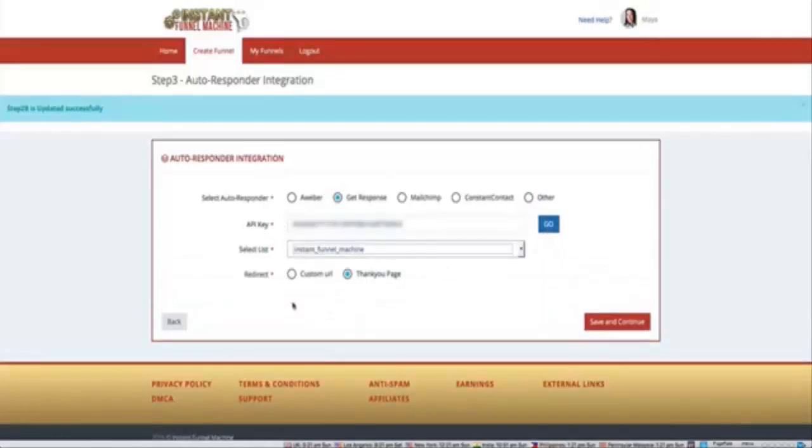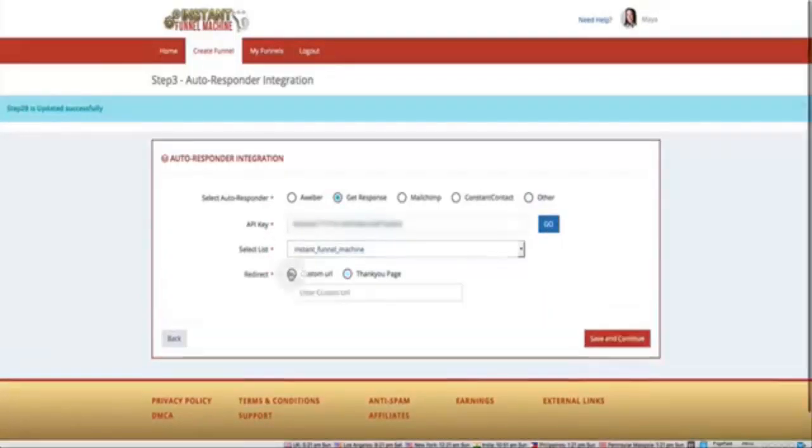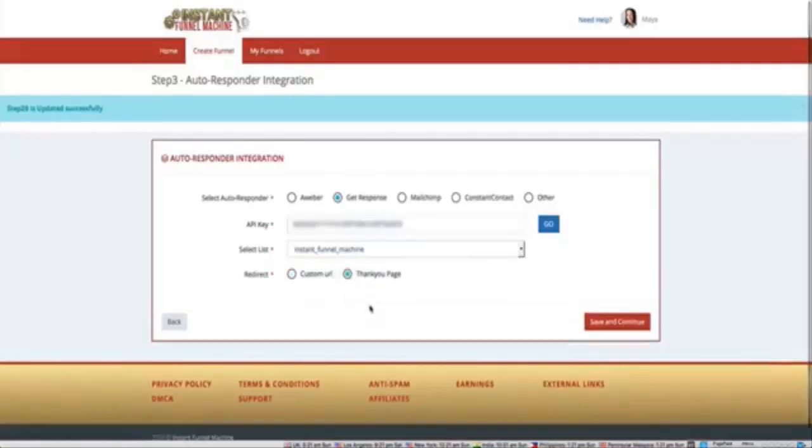Now, one of the things that they can do is determine where they want the customer to be sent to. So they can put a custom URL. Let's say they have the basic package where they can only create the squeeze funnel, nothing else on the back end, but they already have a sales funnel. They can put that sales funnel information in here and it will completely send them into their funnel. Or they can send them directly to our thank you page that we've created and designed to work fluidly with this software. Now we're just going to leave it with a thank you page for now, and we'll hit save